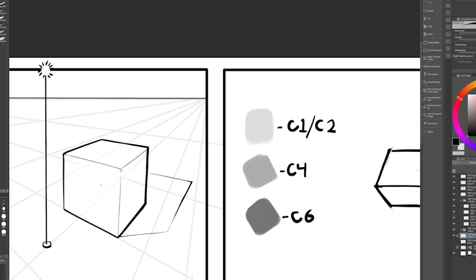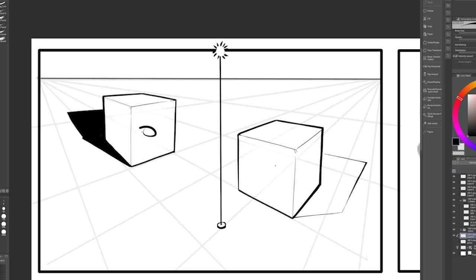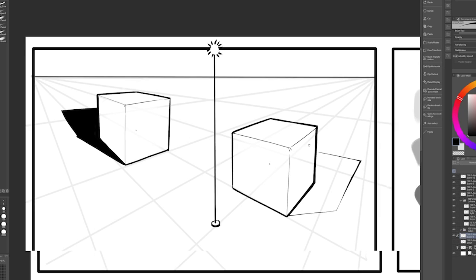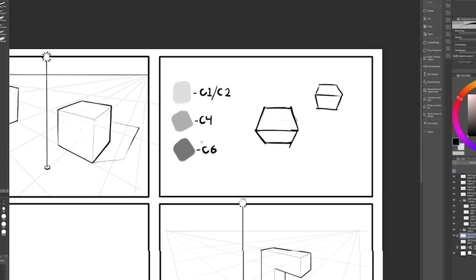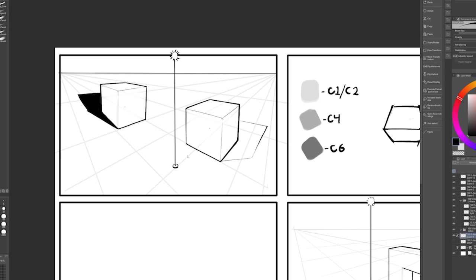And even if this wasn't the case, technically for this box in the back, it's arguable that it's seeing something much more of a 50-50, if not even the front face receiving a bit more light, because it's much farther away. The distance there is much farther than the distance here, and so you'd expect the top to receive a lot more light and a lot less light on the front for the closer one. But since this one is kind of far away, you could probably say that the light source is hitting these pretty darn equally. Either way, we're going to render this back one the exact same way that we're rendering the front one,